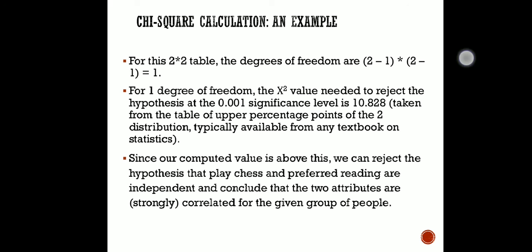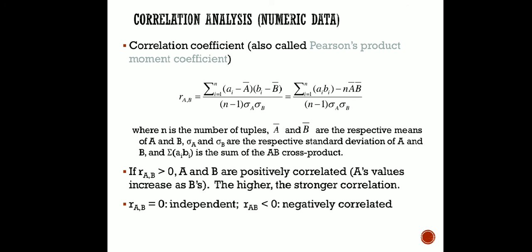Okay, one more topic, and this is correlation coefficient. It is also called Pearson's product moment coefficient. For this, the previous technique was applied on nominal data, and it will be used for numeric data. So we will find out the correlation coefficient for different variables, but we are not going to